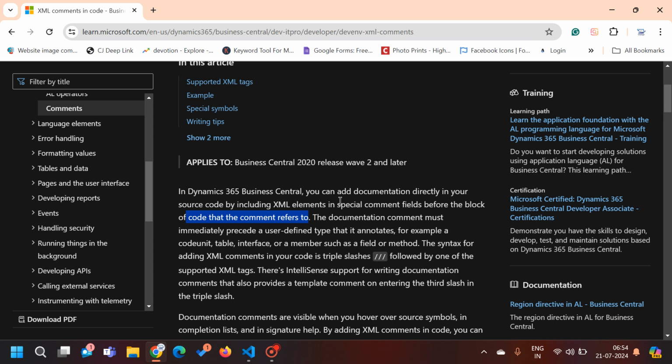And what we can understand from this is that when you write your source code in the AL language, when you are building any extension, it is very important that if any other developer wants to read our code, or after a few months even you want to read your code to understand why you have written that function, why you have introduced that object, what is the use case of it, then you have no option but to read the entire code, which is obviously not at all easy, especially when you are reading the code of some other developers, right? Then